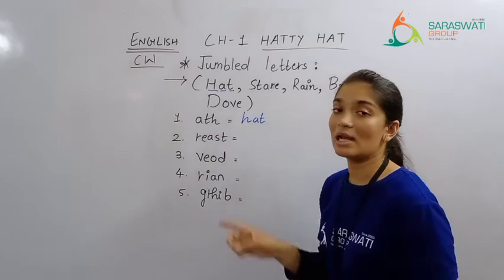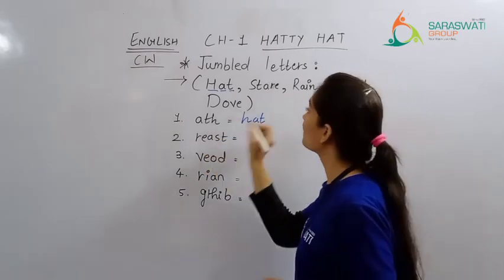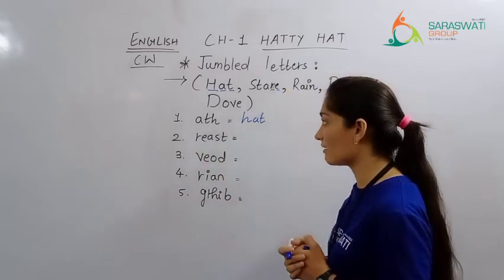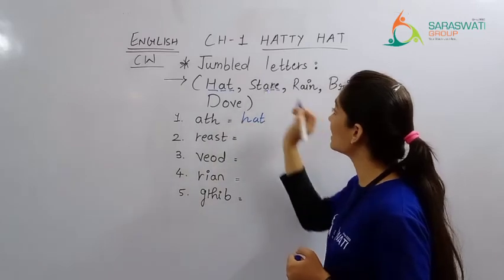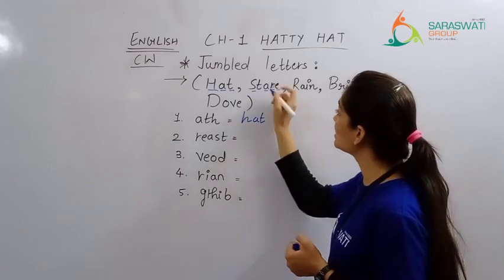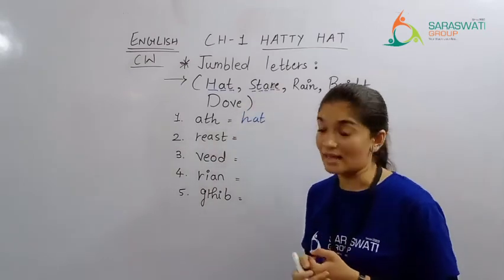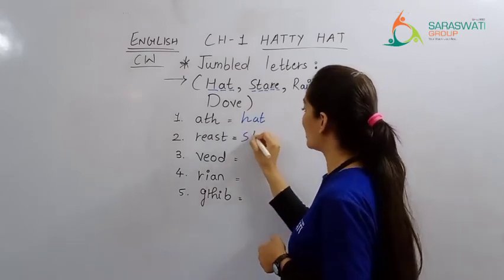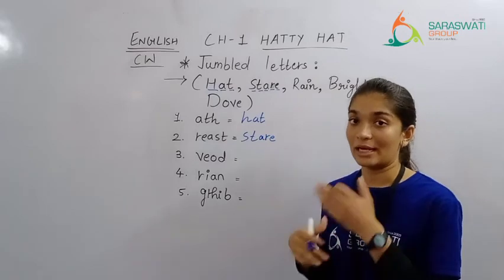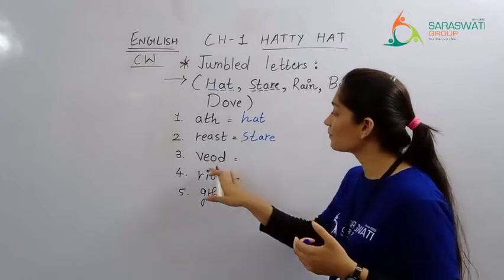Now compare the letters. આમાં જેટલા letters હોય એટલા આમાં letters હોવા જ જોઈએ, right? R, underline R. E, yes, this word is having E. A, yes, it is having A. S, yes, it is having S. T, yes, it has T. That means the word is stare. So what you are supposed to do? Write it down over here. I hope that you are getting a little idea of what we are doing. Now let's move to the next one.